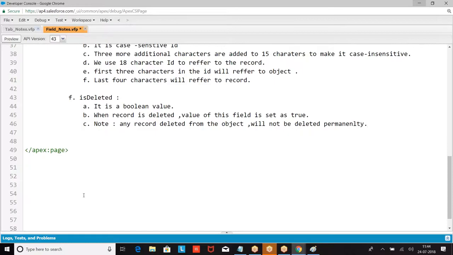It will stay in the recycle bin for the next 15 days. Then it will be deleted.